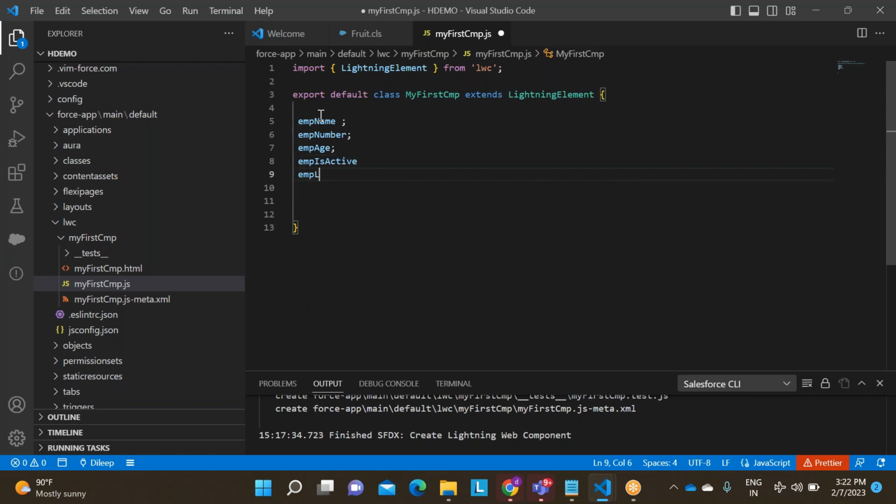Emp list. Okay, so you don't need to specify explicitly whether it is a string, whether it is a boolean, whether it is an integer, whether it is an array, whether it is an object. Okay, I am writing here. See, basic data types are two things. We have something called let and var. But what are the acceptable data types? What are the data types that JavaScript can accept? See, I am writing here data types,